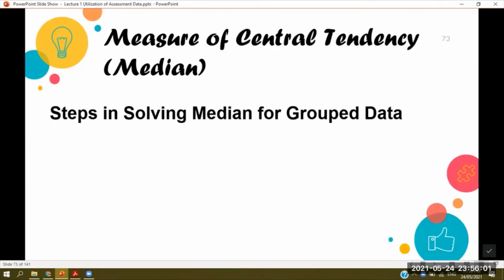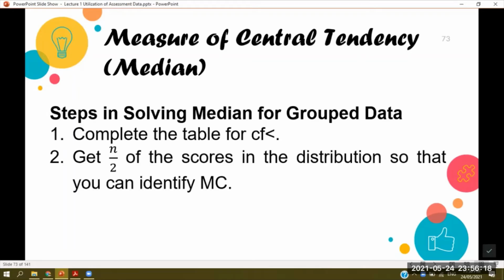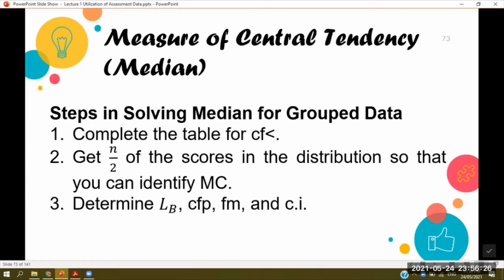So here are the steps in solving our median for group data before we proceed to our example. First one is to complete the table for CF. And then of course we have to get the n/2 of the scores in the distribution so that you can identify MC or the median class. And then number 3, determine of course the other variables. We have the LB, the lower boundary. We have CFP, that is a cumulative frequency, no? FM, we have frequency of the median class, and then CI, the size of the class interval or our class